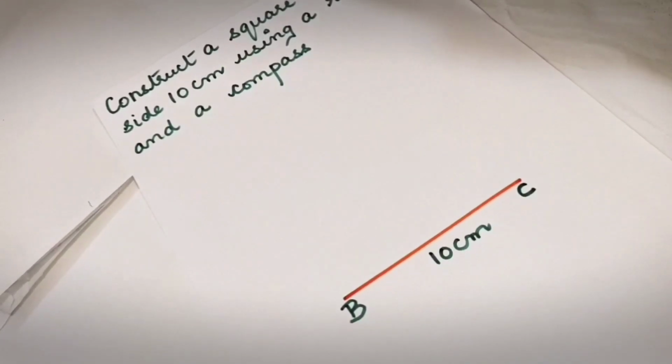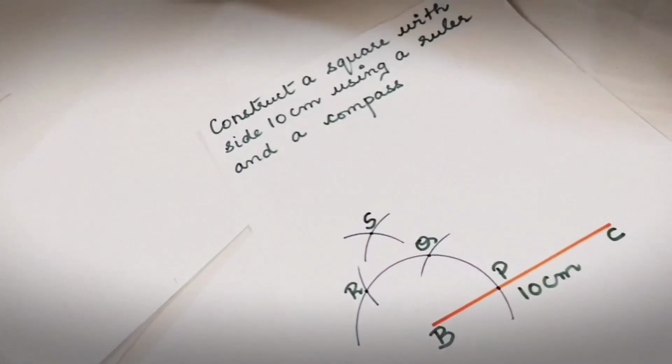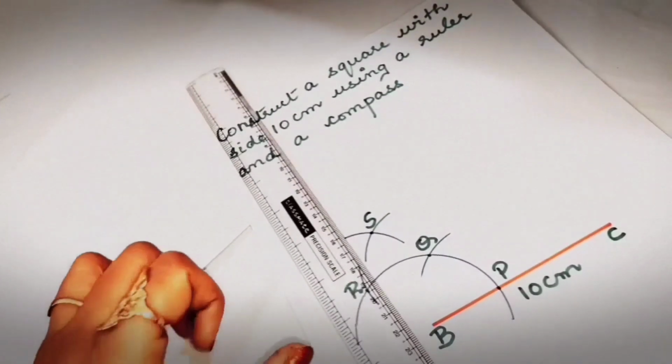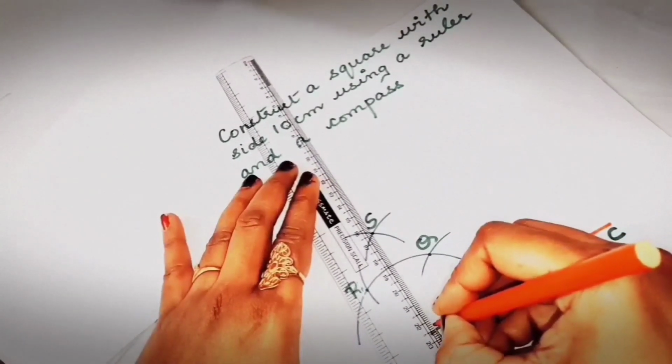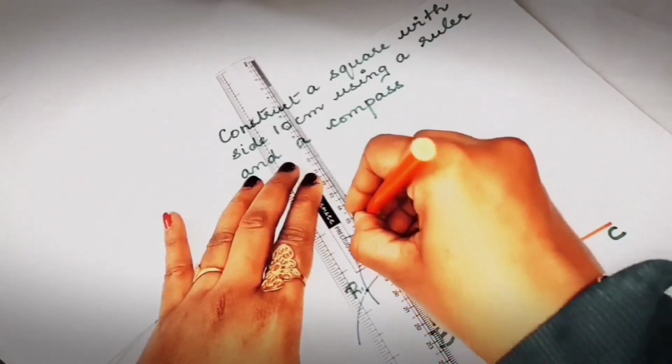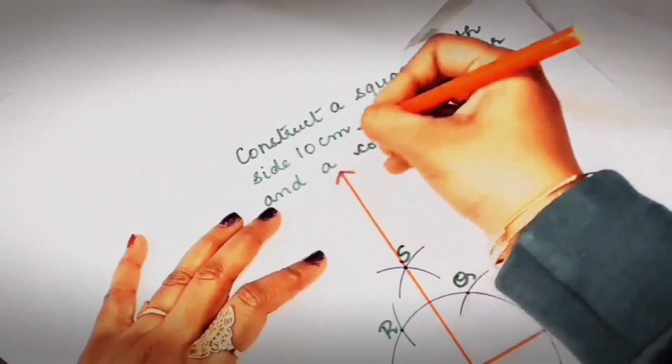I have already done a detailed video regarding the construction of 90 degrees using ruler and compass. So please refer to the video. The link to that video is given in the description below. The necessary arcs to construct a right angle at B are drawn. Now let us draw a ray through B and S, and let that ray be called BX.